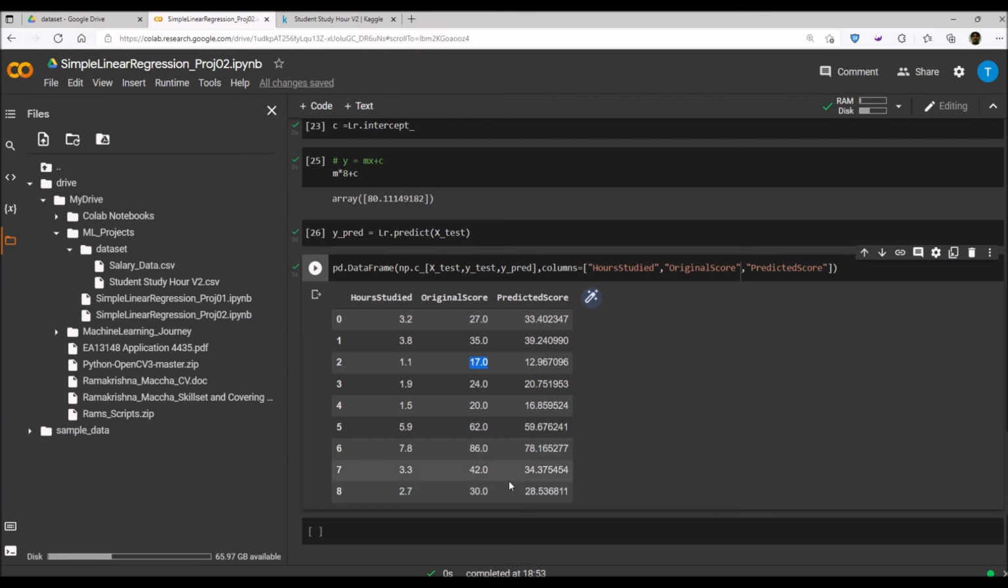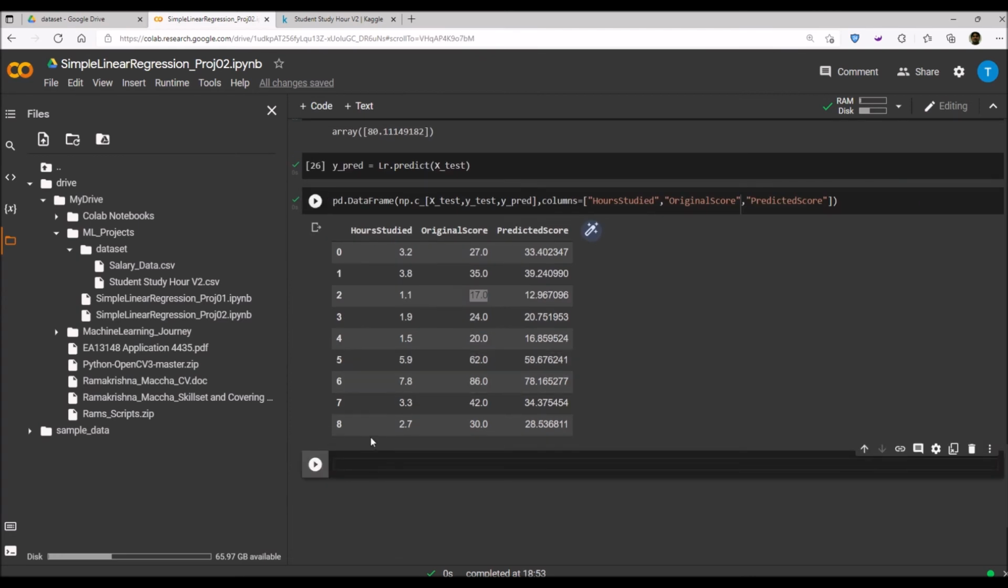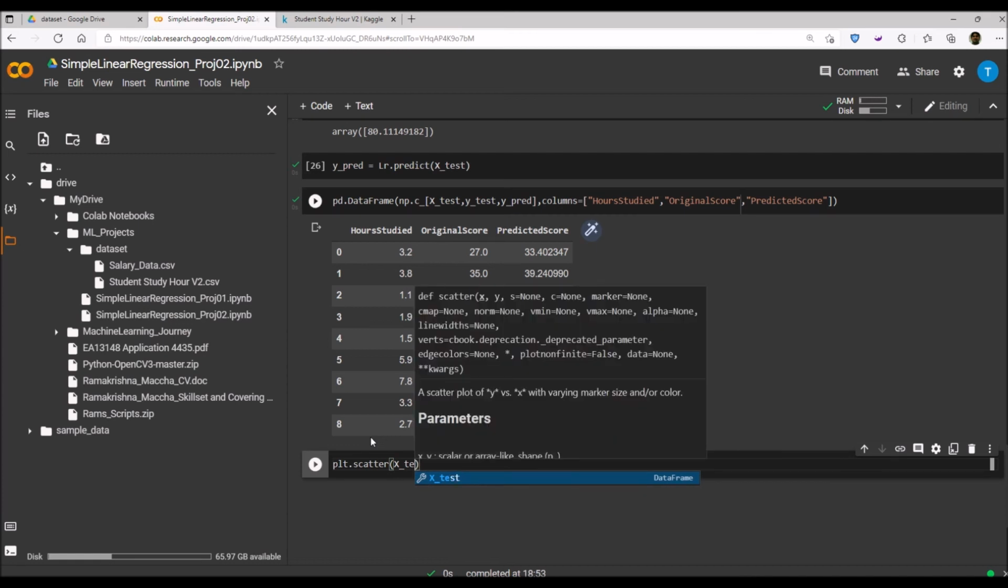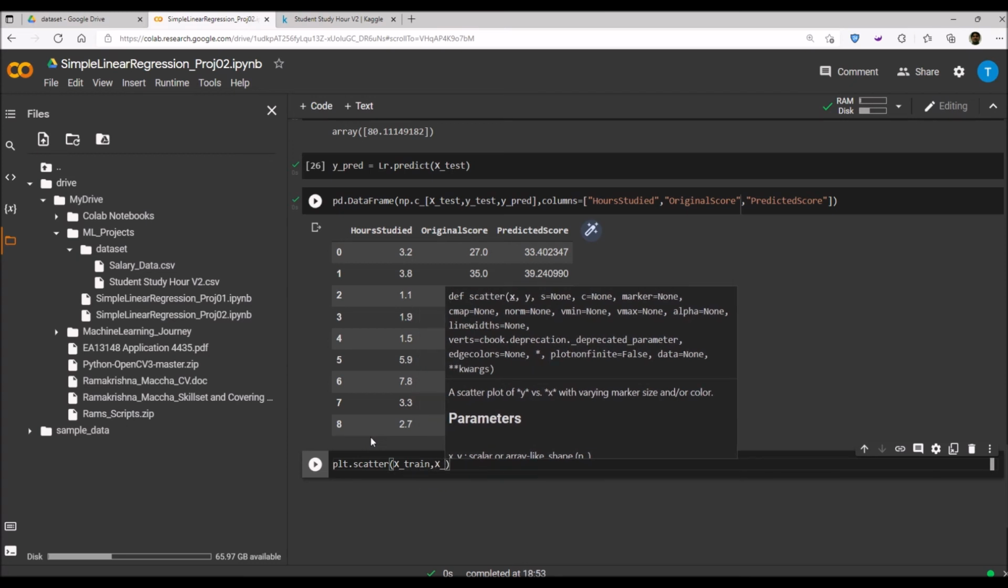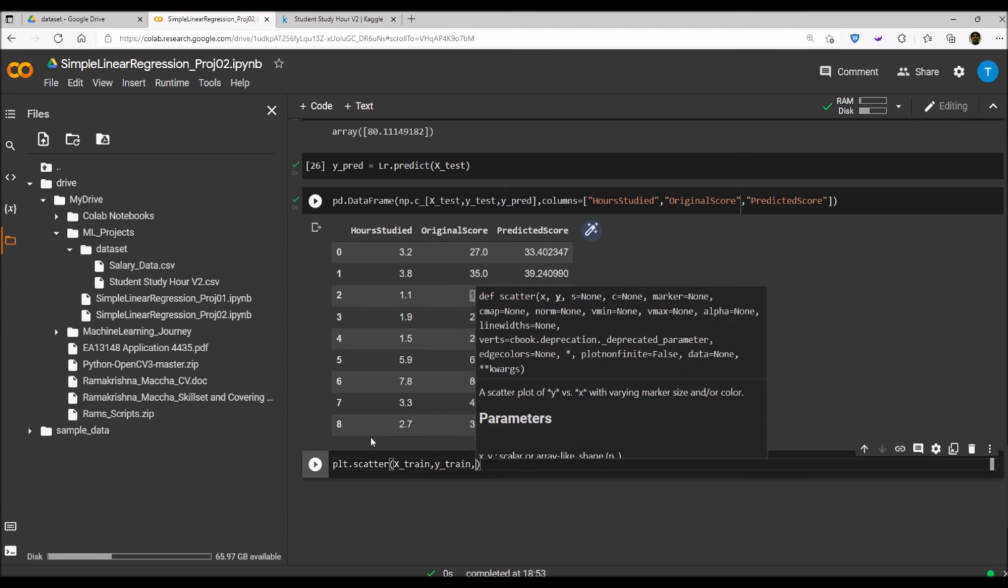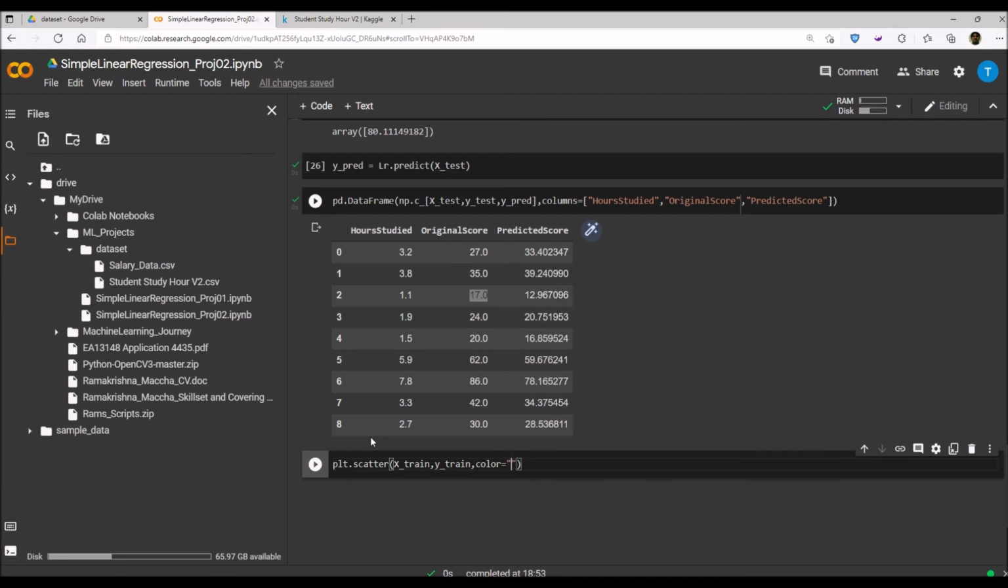Let's plot the graph to see how the original data and the predicted data are related. So how to do it? I'll put a scatter plot, and I'll put x train and y train. First I'm plotting the train data, so I'll put red color,